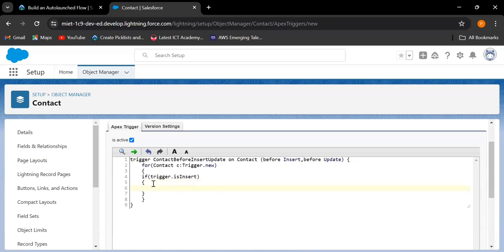c.Description equals 'Contact created successfully by insert trigger'. Else,